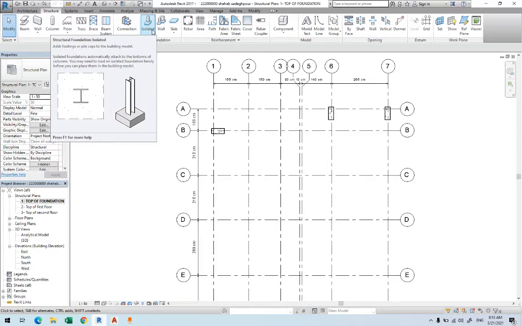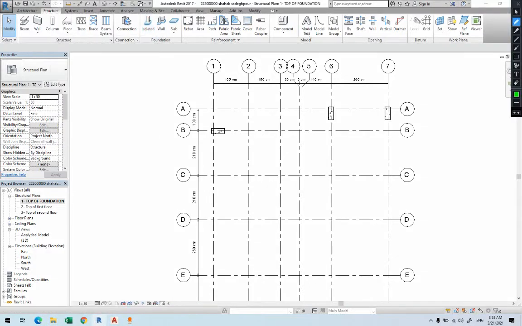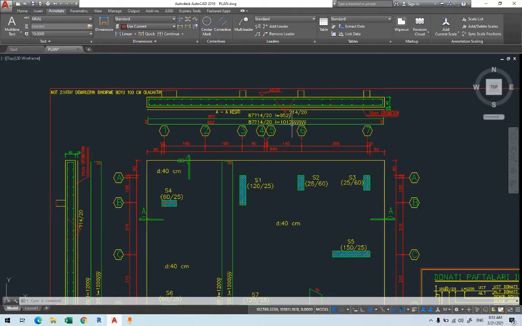So we're going to show you a part of Revit which is very important when you have something that you cannot find within the families. We'll check the families as well. If you cannot find it within the families, you don't need to go through the internet and search for that family. You can create it by yourself. So we're going to show you how we create something that's not available in the family that will be unique for this project. For the project that we're going through, we have a mat foundation,